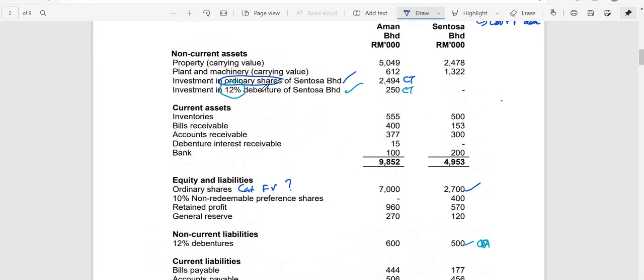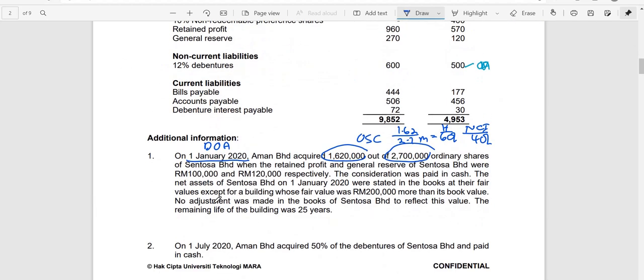And if you look, you have other information, and when you acquire the ordinary shares, this will be eliminated. This will not be reported. It will report just the one of the parent company. And you would also notice that debentures you will still report because part of this is being acquired and the remaining belongs to the debenture holder. That was the second information, to be discussed in a short while.